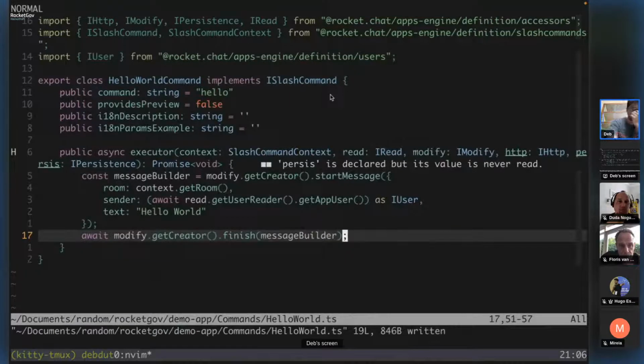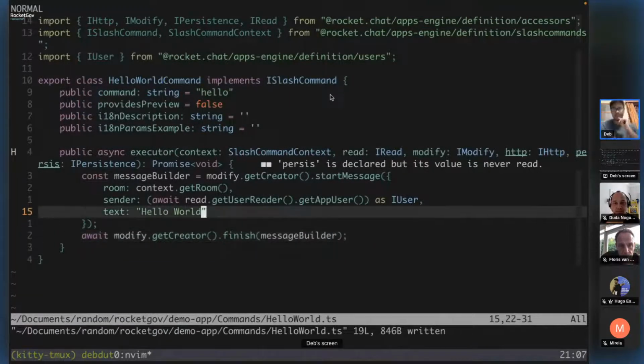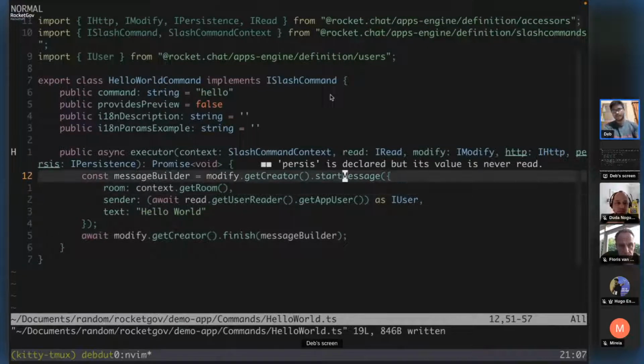Okay, so this is a very simple hello world command. What this is exactly doing is not that complicated to read. First thing is, as Ruda said, modify. Modify is we have certain objects that are passed to every slash command executor. For example, we have this